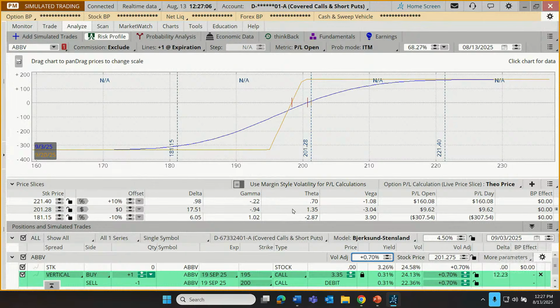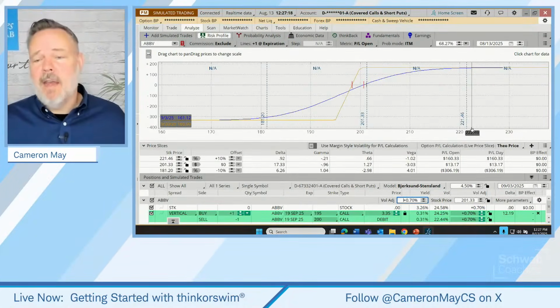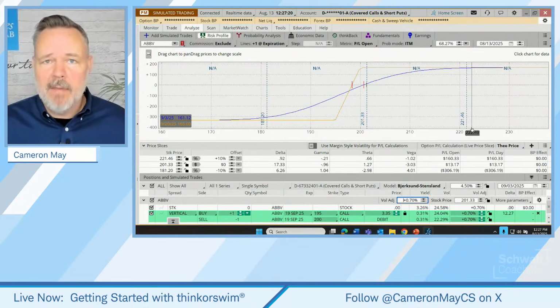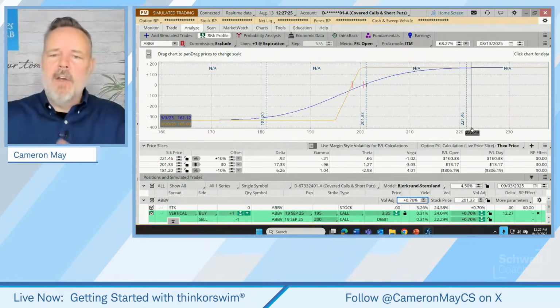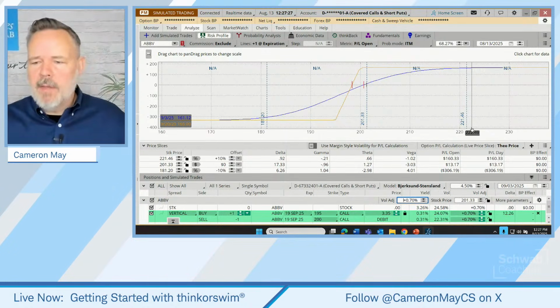So we've introduced ourselves to the profit or loss tools. We've gotten a brief introduction to the price slices, but I'm sure that some of you might be wondering why did it go with 10%? Why do I care about 10%? Not everybody does. We don't know where to draw the slices for every trader, so we just have to pick some defaults and go with it. But I do want to do this.